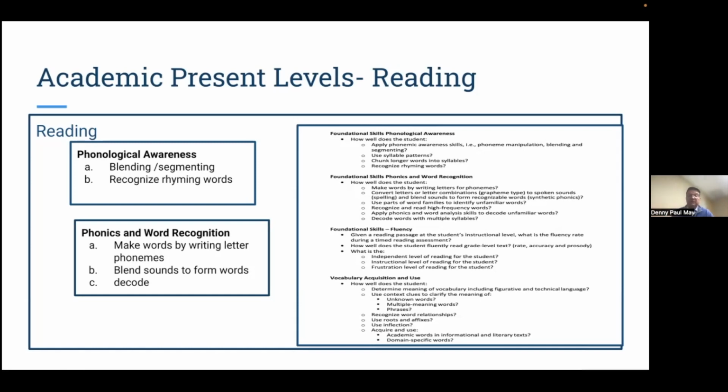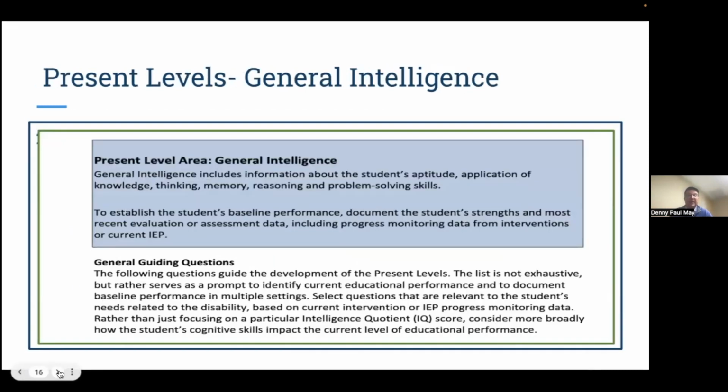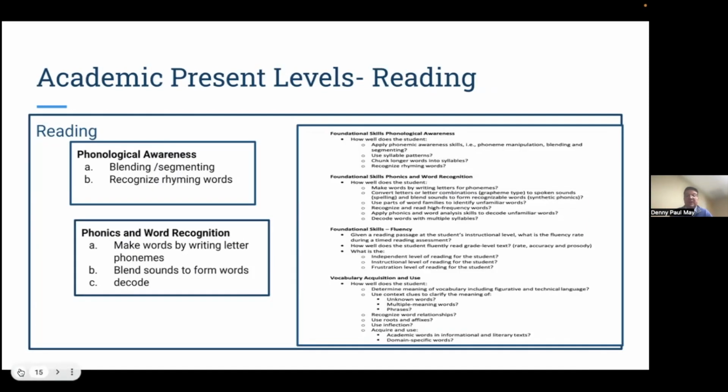And all of these foundational pieces, all these four, will eventually then lead to comprehension. And comprehension is the one that we left off in the screen grab, but that's what we're talking about. So if a student's got comprehension issues, we might need to look back to one of these foundational pieces in these other areas to see what's really causing the comprehension problem.